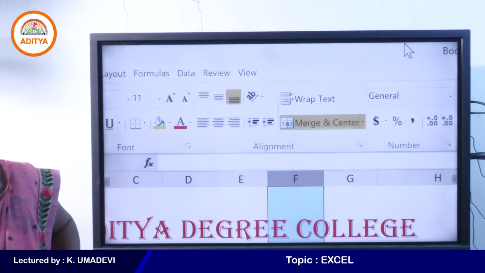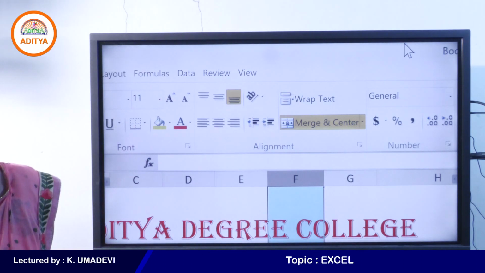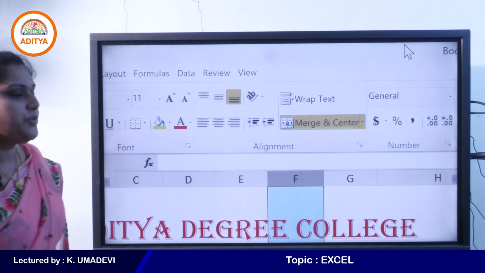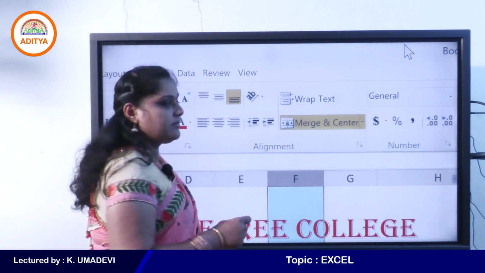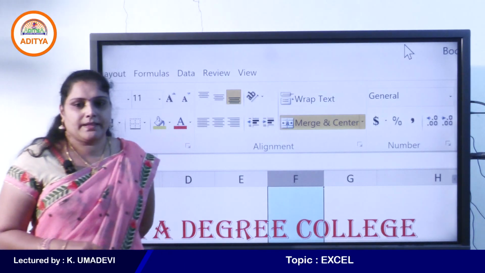Okay, Kusma, very good. How to insert a new column?